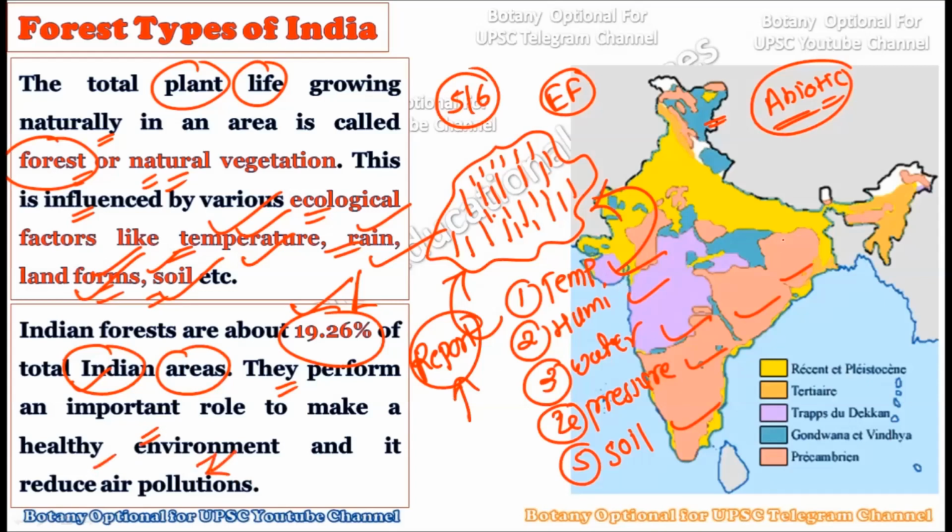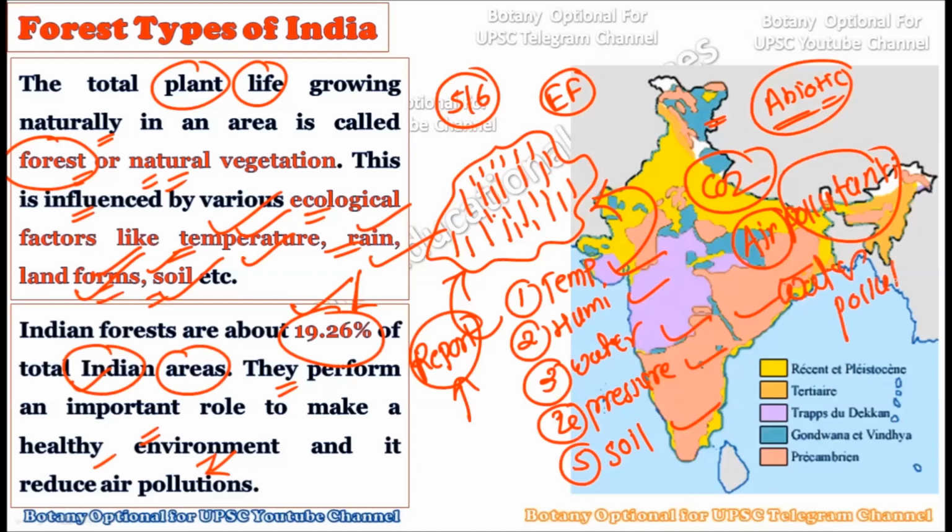As you know, we have already discussed that maximum plants if present at one place can maximally absorb the CO2. Whatever air pollutants are there are also stopped or absorbed by the plants. Whatever water pollution is there is also cleaned up by the plants. So major different types of pollution are controlled by the forest. The CO2 to O2 ratio is typically maintained by the forest, and hence they become ecologically very important from the human point of view, or you can say for the rest of the heterotrophic life, the forests are